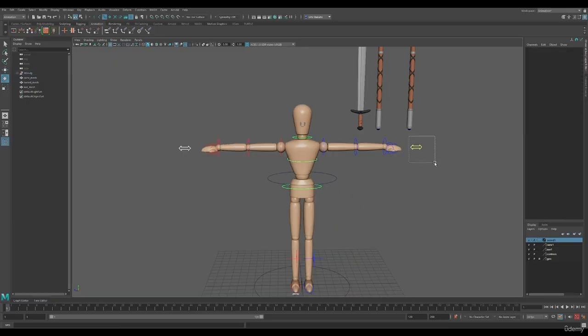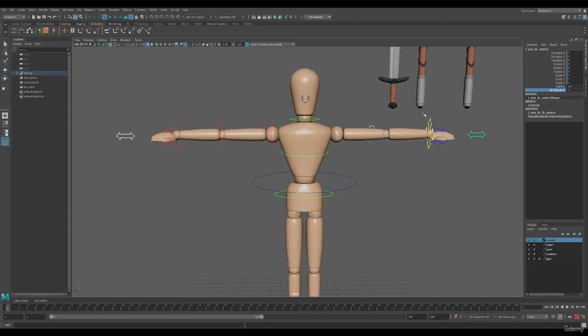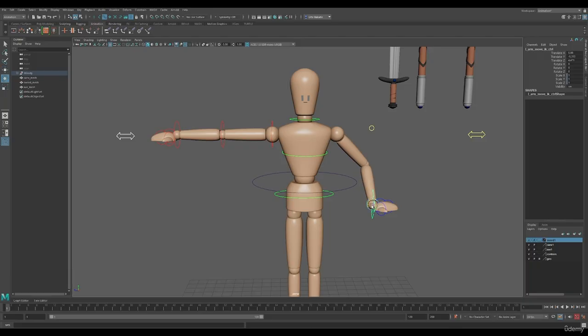Here we have a new control called Arm IK Switch, which lets you switch your arm system from FK to IK mode. Just use this IK-FK switch channel and set it to 1 if you need the IK mode, or 0 if you need the FK. Once you set your arm to IK mode, you get one main control for positioning the hand by moving it and rotating it,